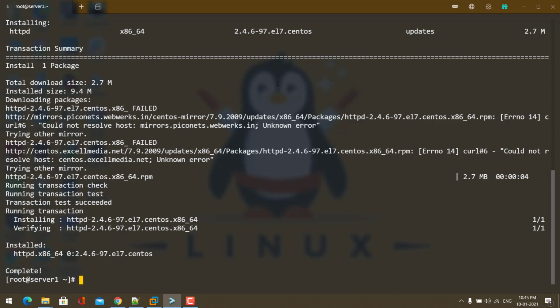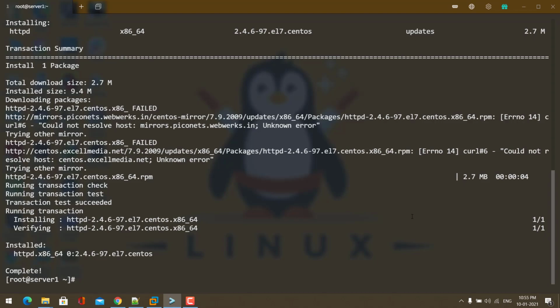There is another method, called source code installation. We need to compile and build Apache from its source code. That method is a little bit difficult and it will take some time. So in this video, I am going to show you the second method. There are some benefits to compiling and building Apache from its source code. By installing Apache from source code, we can configure everything manually, so it will be more secure. And there is another benefit: you can run two Apache web servers on a single machine, and we are going to see that in a separate video. Now let's continue this Apache installation.